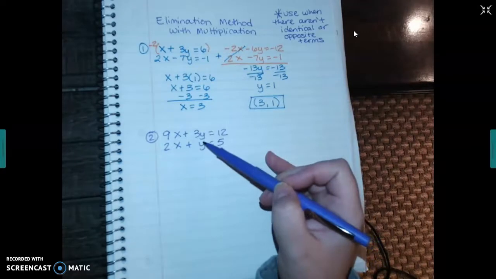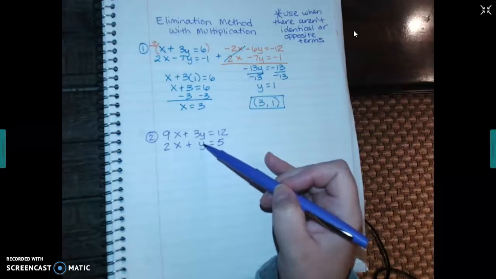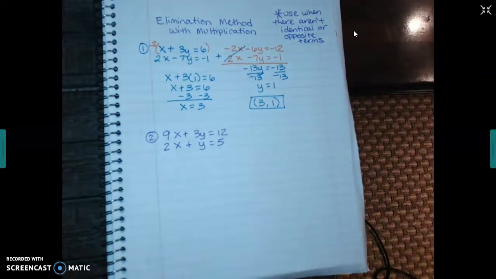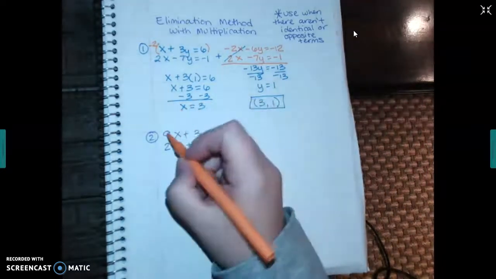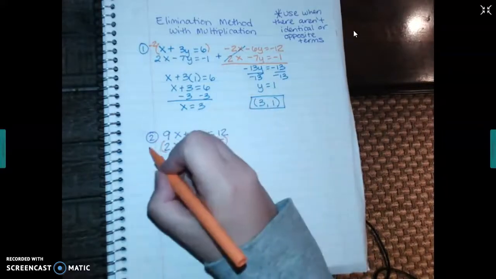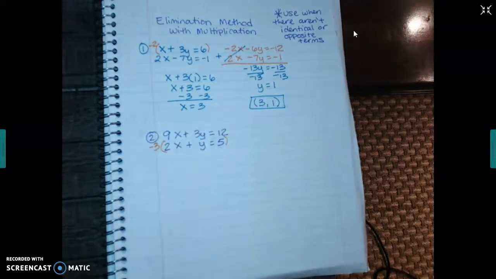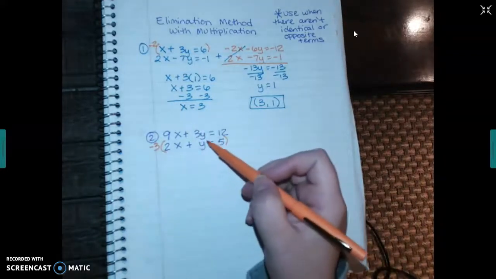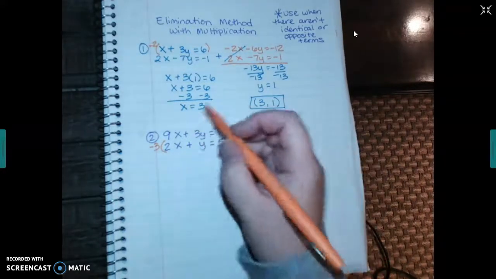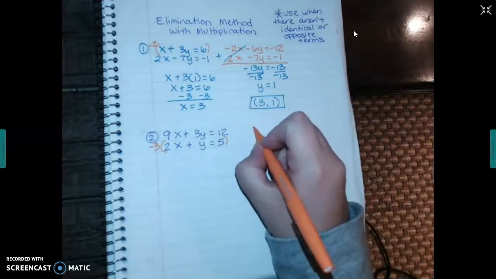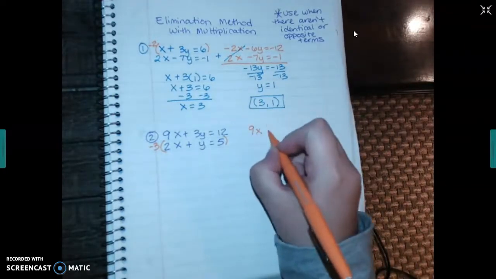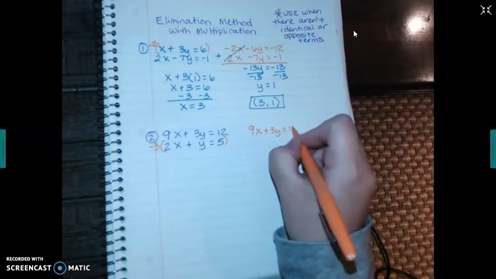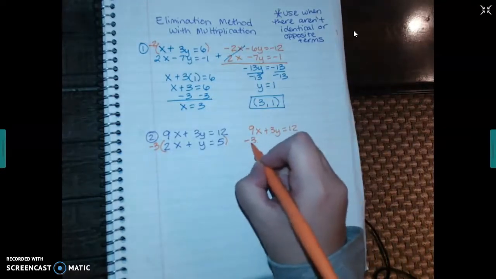I notice that y right here is really 1y, and I know that if I multiply y by negative 3, it will give me the opposite of 3y. So that's exactly what I'm going to do. I'm going to multiply this bottom equation by negative 3. I'm doing that because then when I multiply, you will see that I will have opposite y terms, which can then be eliminated. So your first equation will stay the same. 9x plus 3y equals 12. Your second equation becomes